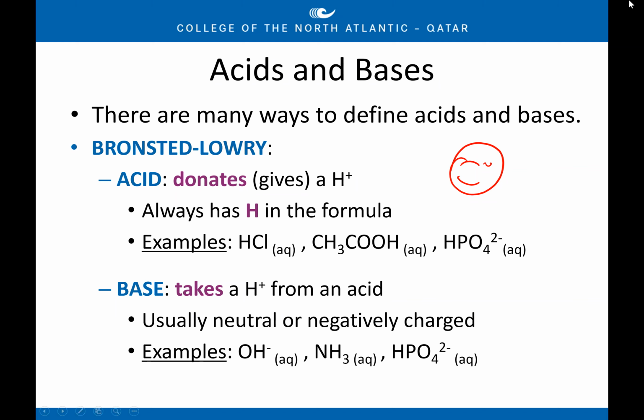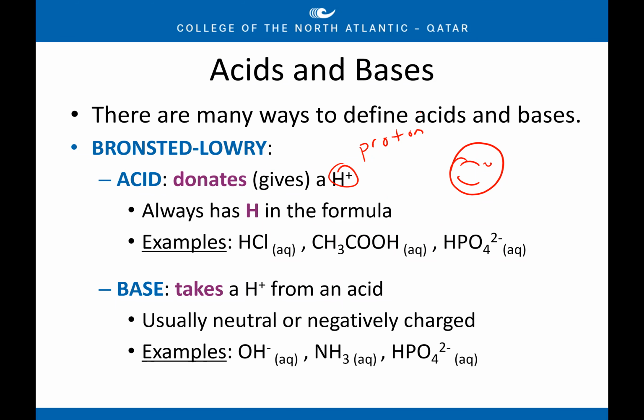Now, I know it doesn't say that on the slide, but this is technically a proton. You can ignore my writing. Wow, that's bad. Hold on, let me try that again. There we go. So acids donate or give away a hydrogen plus ion, which we would call in chemistry